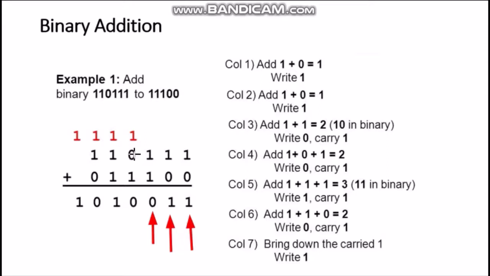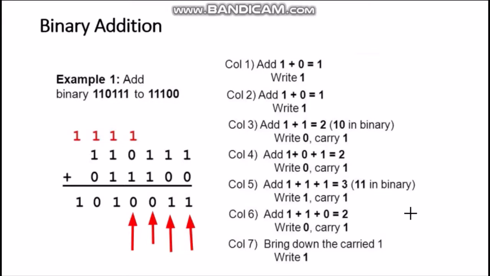Now in the next column you have to add 1, which came from the previous value, right, which was carried forward. 1 plus 1, again we are getting 2. 2 is 1 0, so 0 you will write here. 1 is again carried here. Now in this column, if you add 1 plus 1 plus 1, it is coming out to be 3.